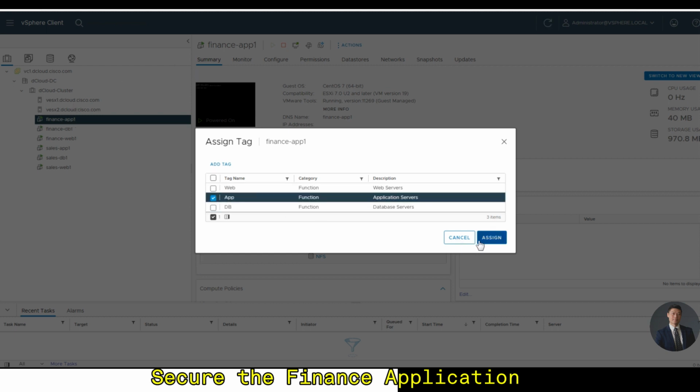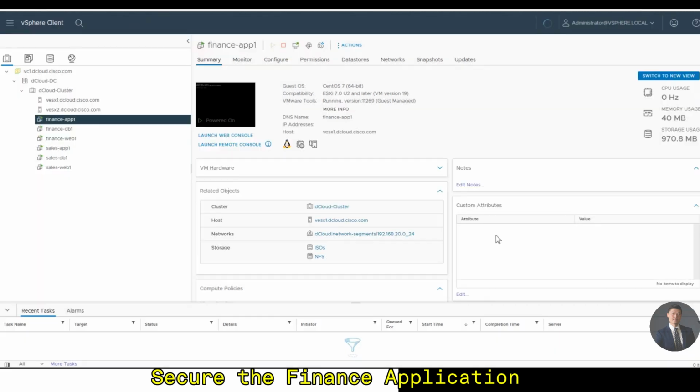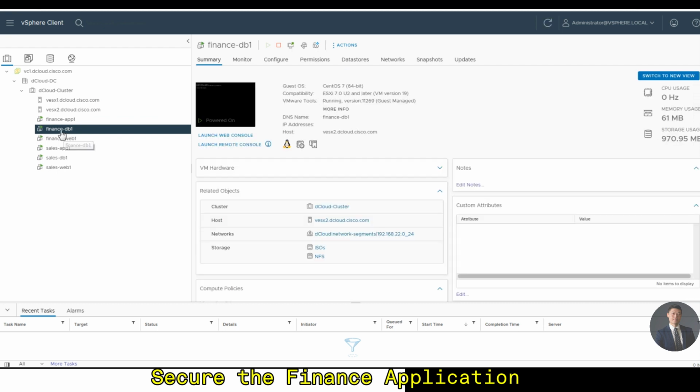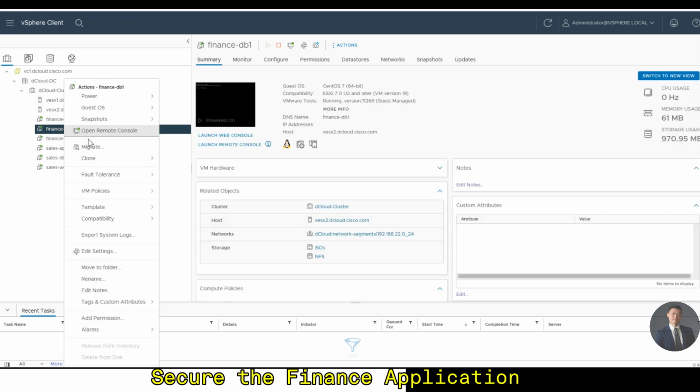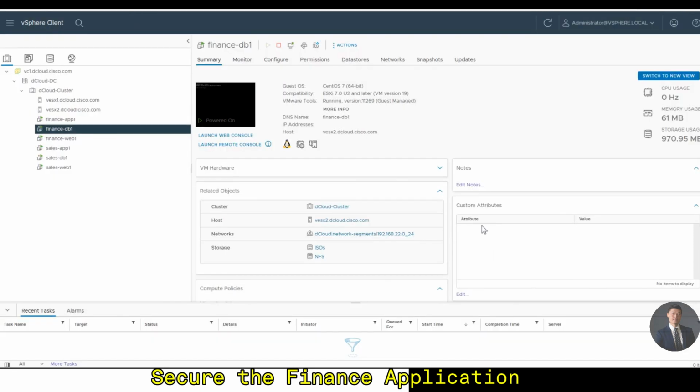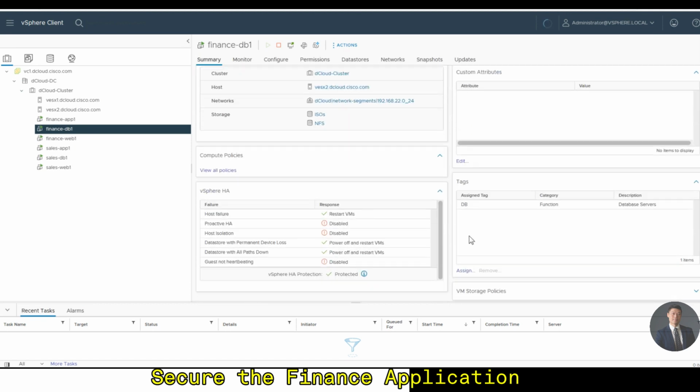Now scroll down a little bit, and the tag is assigned with the tag app. Now we're going to assign finance DB1. Click assign DB, assign, verify that the DB tag is assigned. Click finance web 1, assign, we're going to assign web, assign,